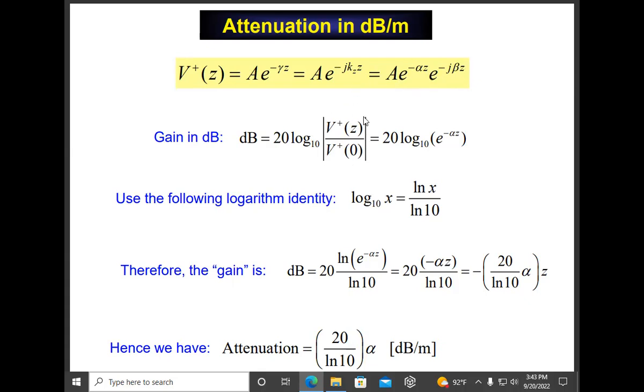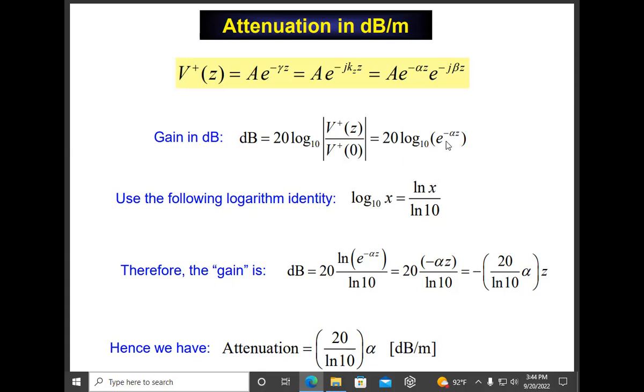So really, when you put in here, all you're doing is looking at e to the minus alpha z over e to the minus alpha 0, right? So just like this. Okay. Now, as the wave goes down the line from start to finish, this is going to be a number less than 1, so the log is going to be negative, which makes sense because this is how you define gain of a device. It's going to be negative because the line's losing energy, right? The output's weaker than the input, of course, right? Okay, but anyway,